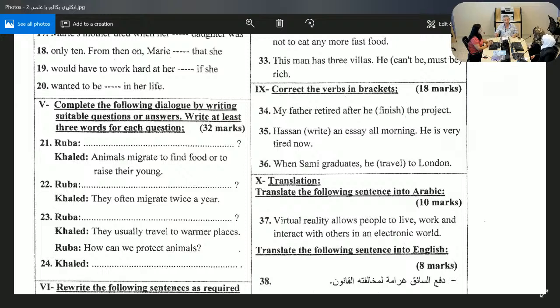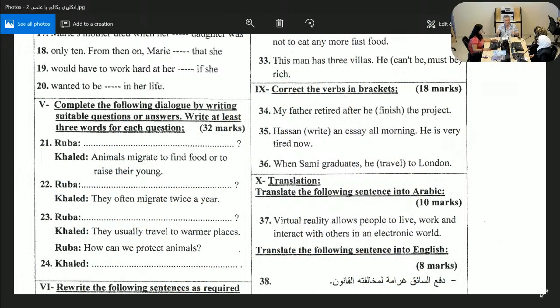Graduation happens just one time. From high school, you graduate one time. From university, you graduate one time. Someone dies one time. We cannot say "when her husband dies, she feels sad." He doesn't die many times. So we cannot use the zero form with verbs that happen only one time. Graduation is one thing from this group. So in this exam, "travels" was not accepted. It should have been "will travel." Well done. Will travel to London.